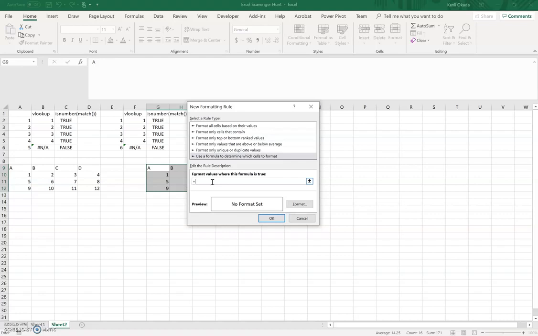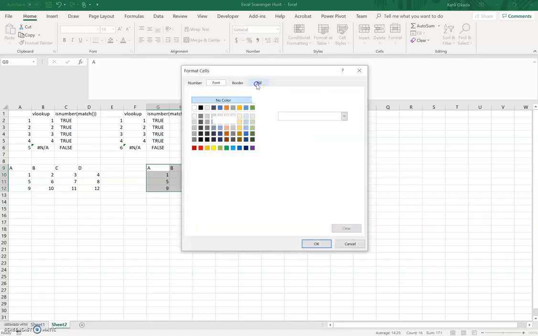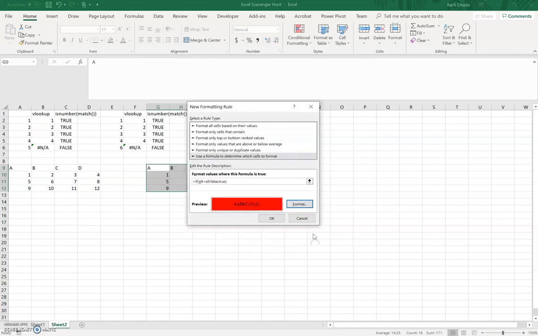So all I have to do is say equals if G9 equals A9, then if that's the case, then I don't want a color because I'm fine if it matches. I only want to highlight if it doesn't match. So if they're equal to one another, then I'm going to say false, meaning I don't want a color. If they're not matching, then I'm going to say true. And then I'm going to format in bright red. Here we go. I'm going to fill in bright red,